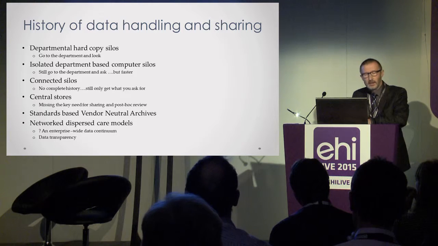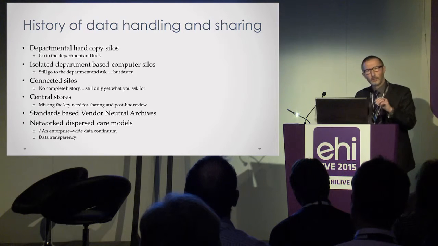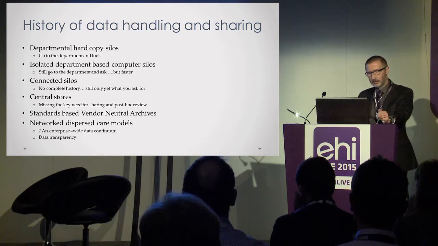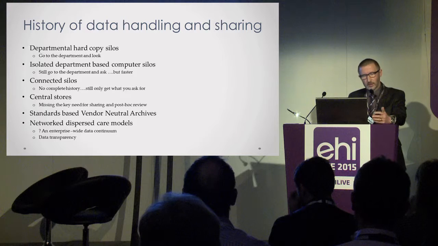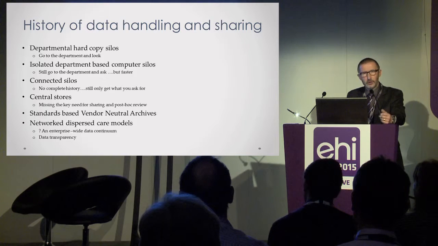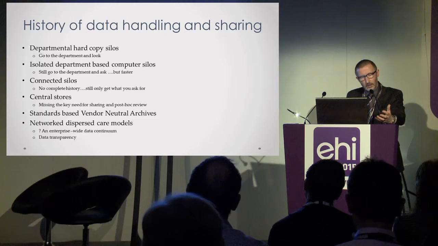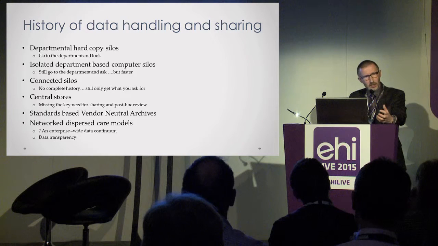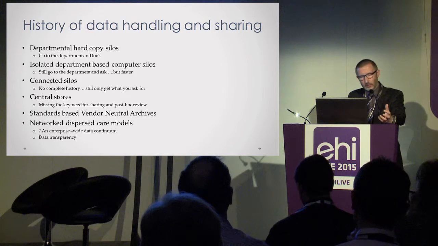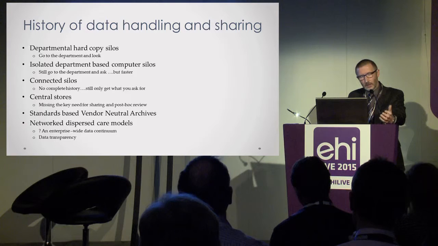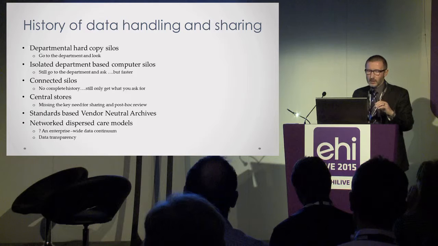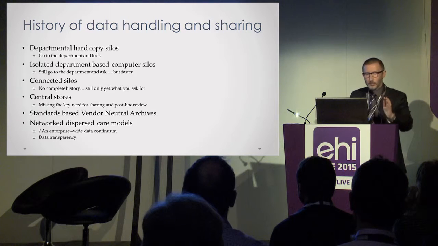We then moved on to isolated department-based computer silos. You still had to go to the department to look, but it was faster. Then we had connected silos, but no complete history. You still only really got what you knew was there and what you asked for. The big vogue for central storage facilities really missed the key need that was developing for sharing and post hoc review of stored images. Now we have standards-based vendor-neutral archives, and the key thing is in networked, dispersed care models,